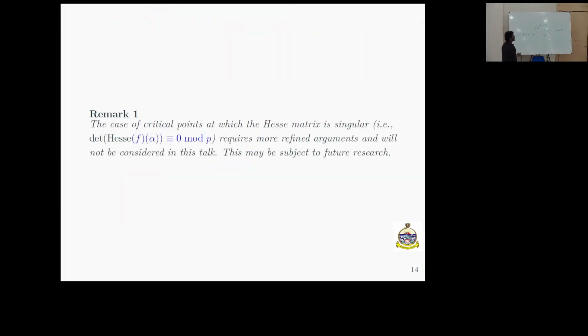Yes. Now one thing to remark is that we have already evaluated the sum whenever this Hessian is not equal to 0. For Hessian equal to 0, this needs more refinement. We are still unable to do it, but this is subject to our future work. And for the same reason, here we don't have the lifting using Hensel lifting.